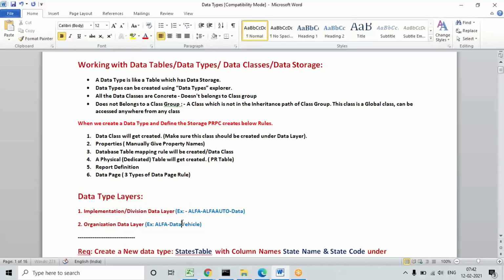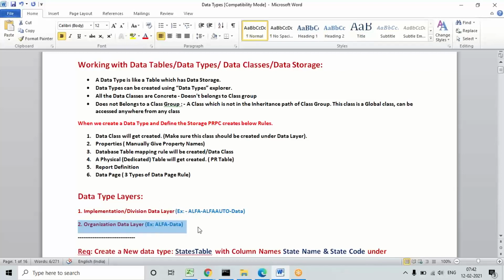If it is the organization data layer, we just call it alpha-hyphen-data. Sometimes when creating data tables in an application, we may create them under the implementation level or the organization level, but mostly in real time, data types will be created in the organization layer, which is alpha-hyphen-data.